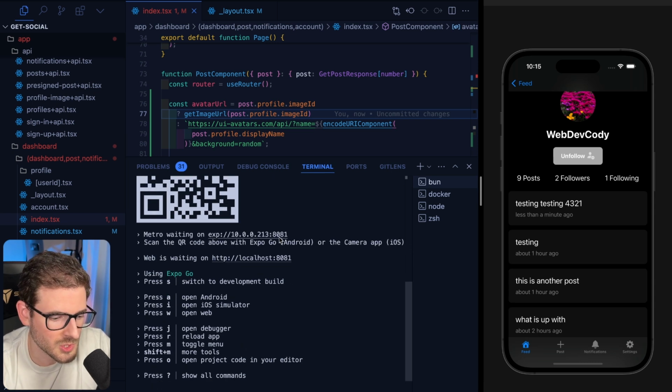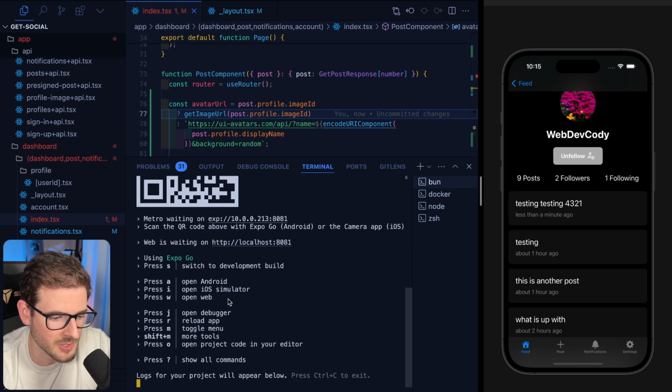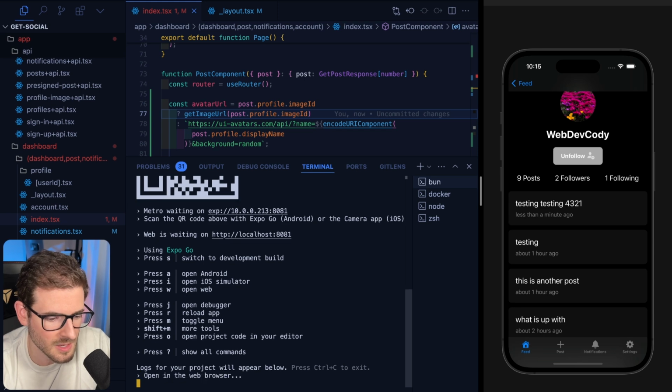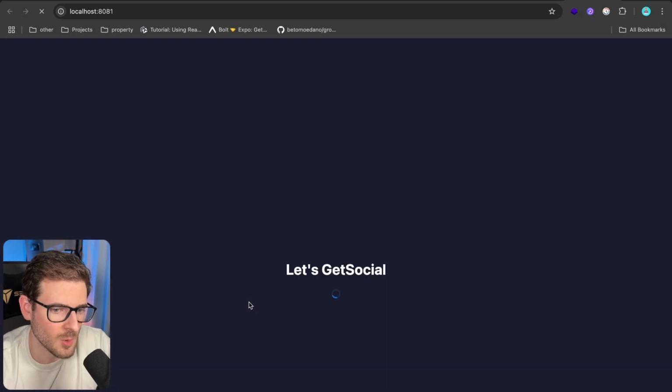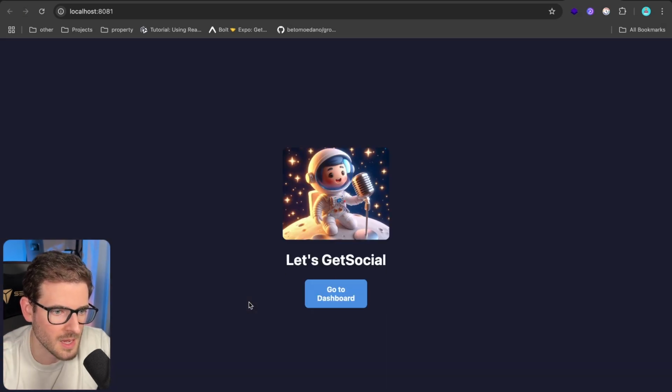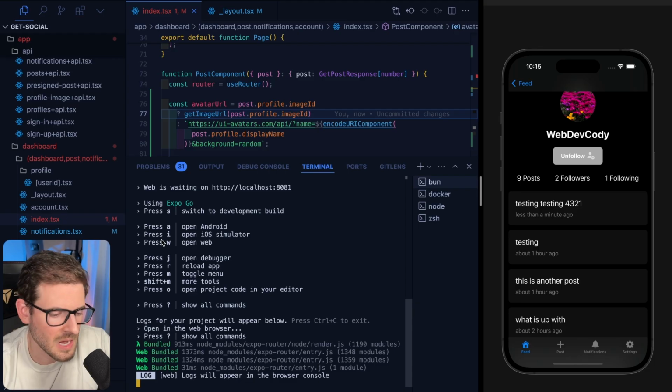Also, if you want to host this and bring it up in a web browser, you can simply press W here, and that is going to load up your Expo app in a locally running browser, like in Chrome. And I can actually log in and do all my other stuff that I would do in the mobile app. Now in this video, I'm going to be using the iOS simulator. But if you're trying to do Android development, you can press A and open up that simulator as well. I won't be doing any Android development in this video, but I just want to give you a highlight of